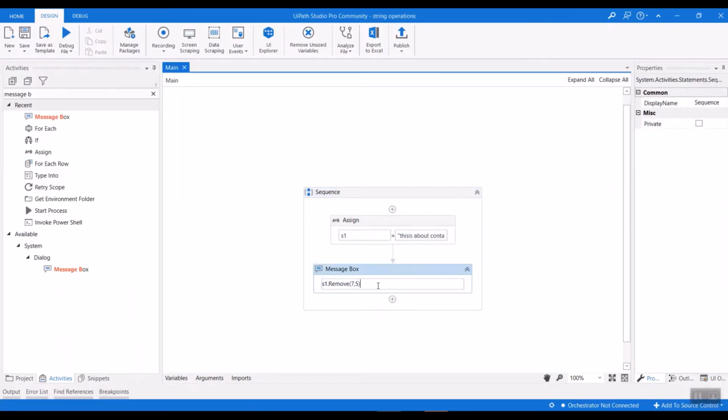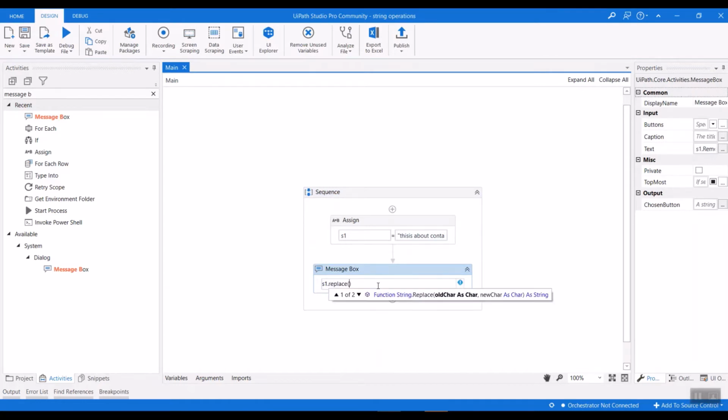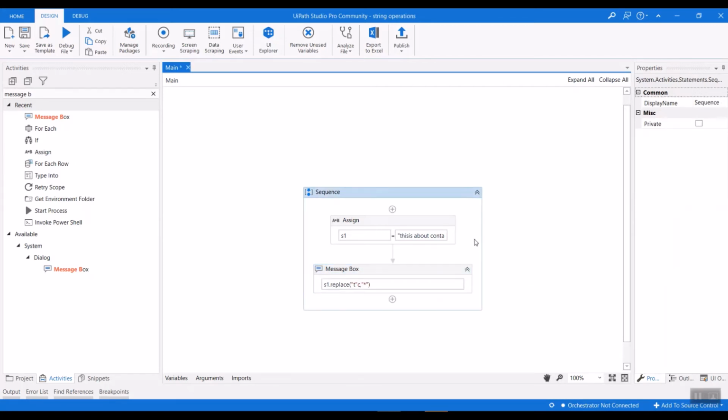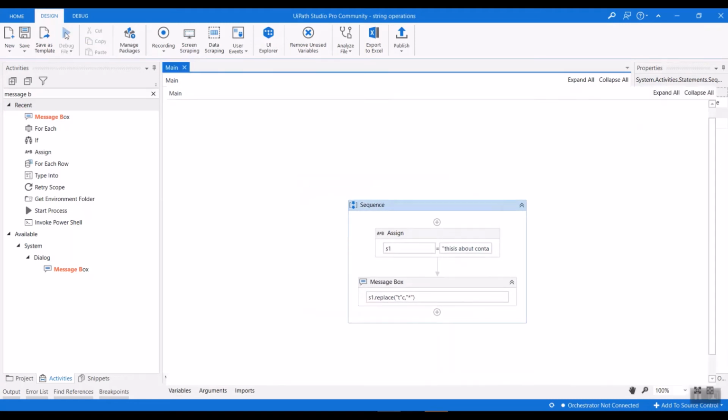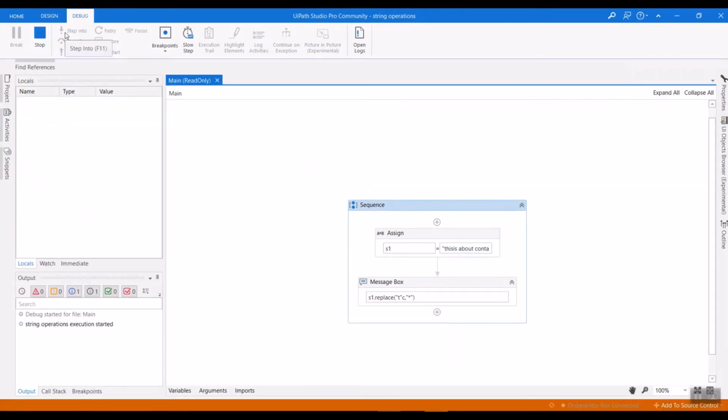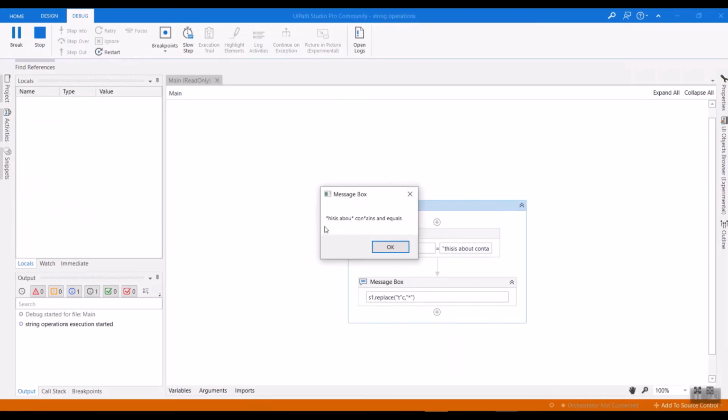And you can even try this with the same replace. Remove totally removes the string, and replace takes old character as char. Which character do you want to replace? Suppose if I want to replace T, so just give it as T, and I always told you C should be appended to be considered as a character. The new character as char: instead of T, what do you want to give? Let it be a star. Okay, so just check it. So wherever the T is there, it will be replaced with the star. See, wherever T is there, star is replaced.